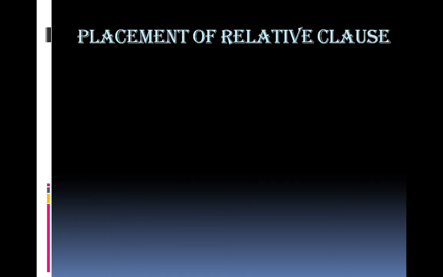You must have observed that in some of the examples, the main clause has been split into two parts and the relative clause has been inserted in between. Whereas in some of the examples, the relative clause comes at the end. Why is it so? It's because in some of the sentences, the relative clause modifies the subject of the main clause. In such cases, the relative clause comes in between. The main clause has to be split into two parts and the relative clause is put in between. And in the cases where the relative clause modifies the object of the main clause, it comes at the end.